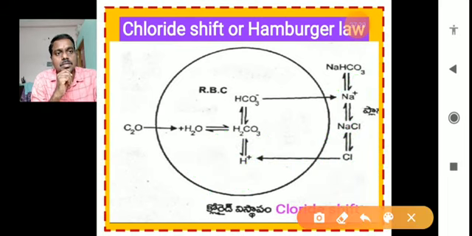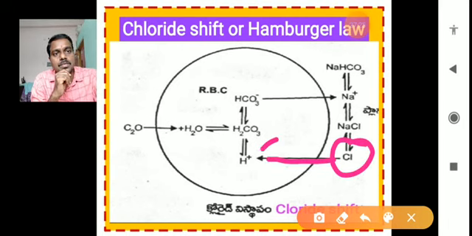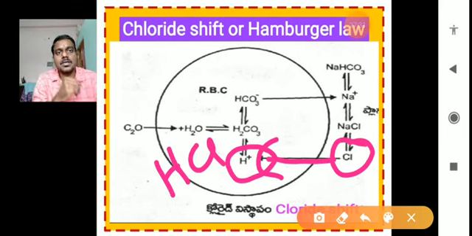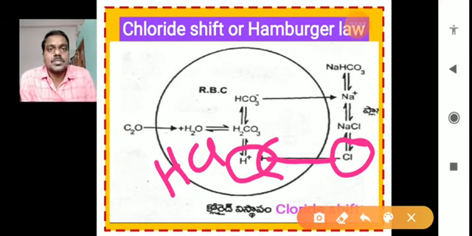So these are the transfer of the chloride ions. These chloride ions are transferred into the RBC and bind with H plus ions and form an acidic state, that means HCl. So it is an acidic state. It is also very dangerous to the RBC structure because the RBC is going to be destroyed or damaged.